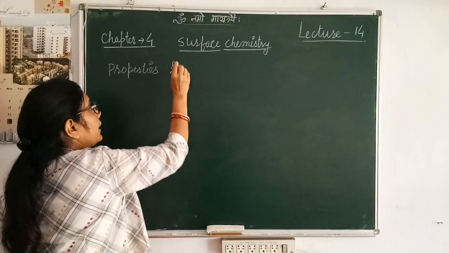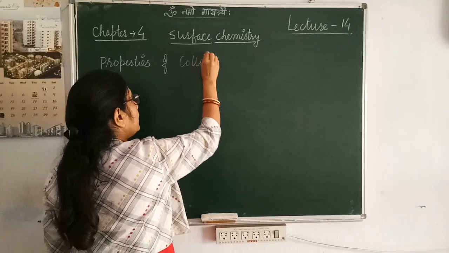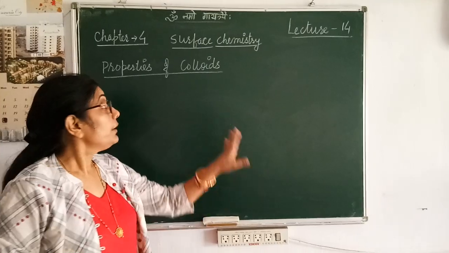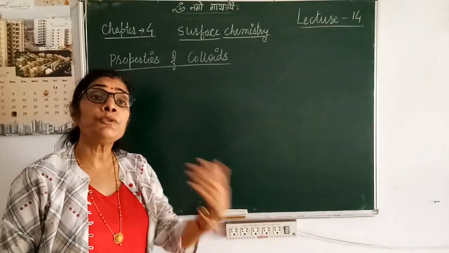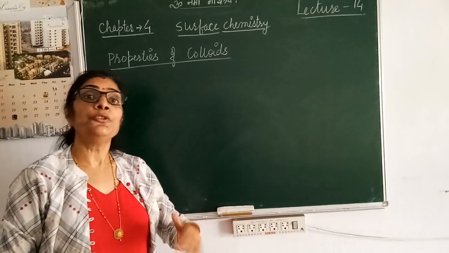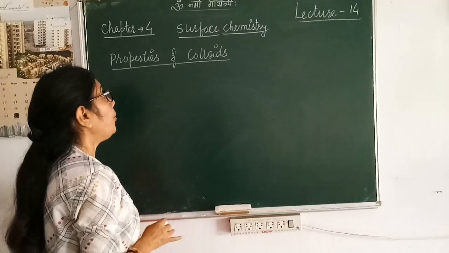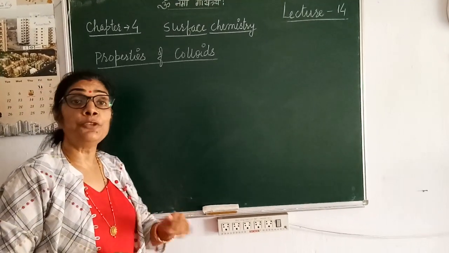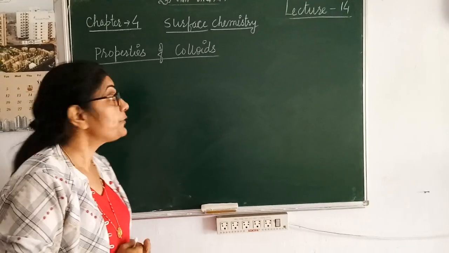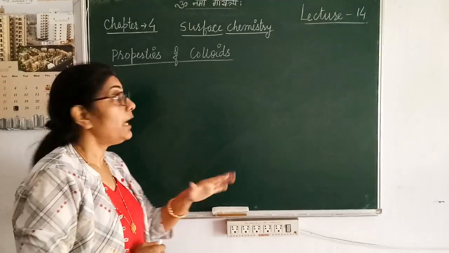Now next, after purification, properties of colloids. Some of the introductory points, as I said, are that they are heterogeneous in nature. They seem to be homogeneous, as for example blood, but actually they are not. When you see them through a microscope, you can see that they are not homogeneous. Likewise milk also, when you see it through an ultramicroscope, you can see soluble fats moving from one place to another. So they are heterogeneous, they cannot be seen with the naked eye and so on.